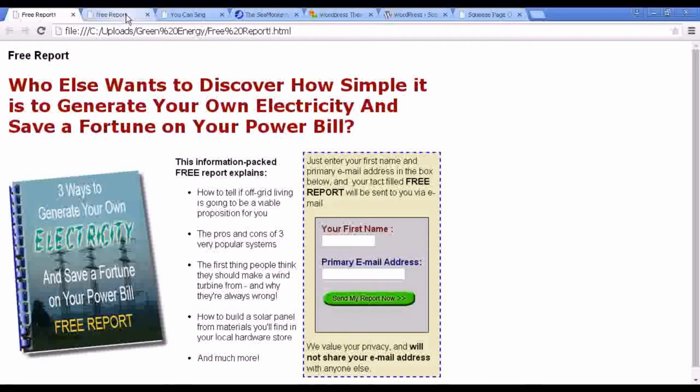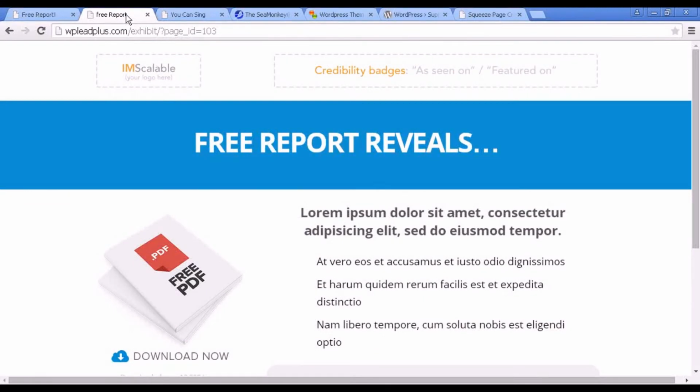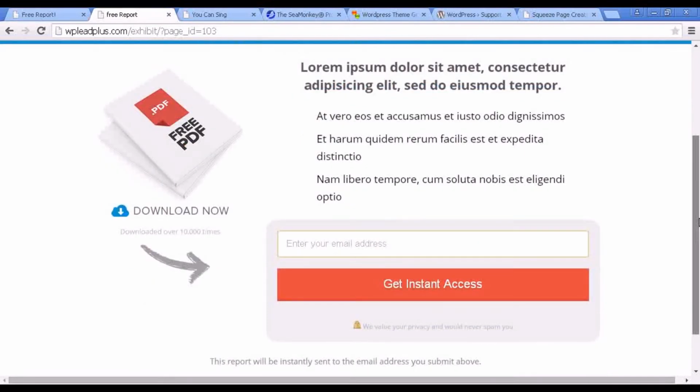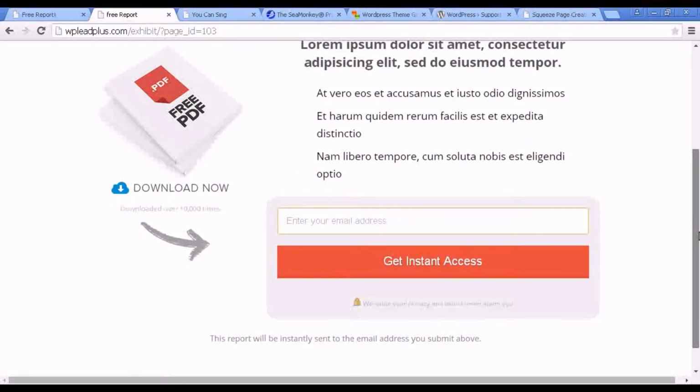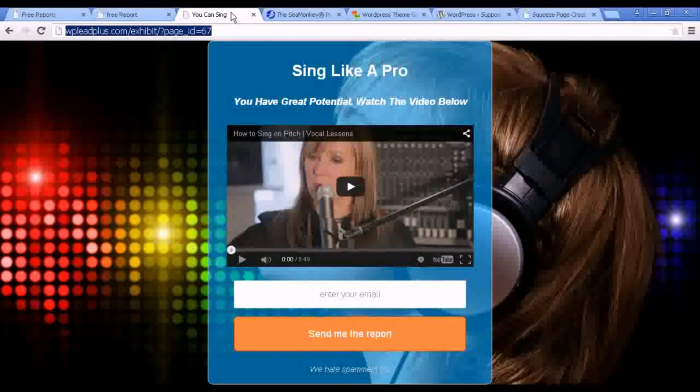If you're going to use WordPress, this is a good example of a WordPress squeeze page. This is just an example page, but you can see what it looks like here. This one is slightly different because you do have to go below the fold, but you just simply enter your email address and click to get instant access. And here's another example. This one uses a YouTube video to give all the information out. Again, you've got your headline, you've got everything here in the YouTube video, and you simply enter your email address